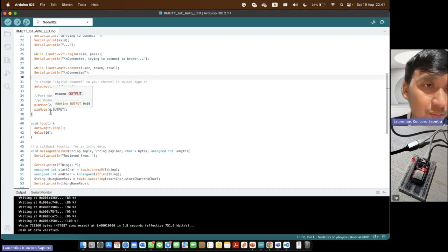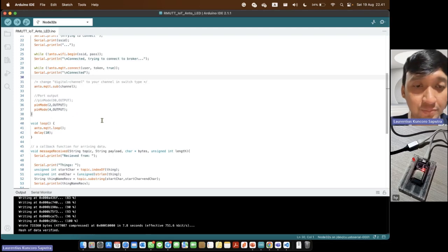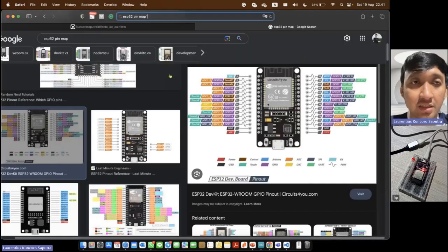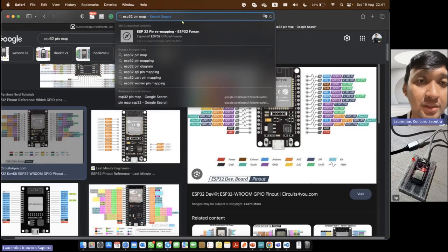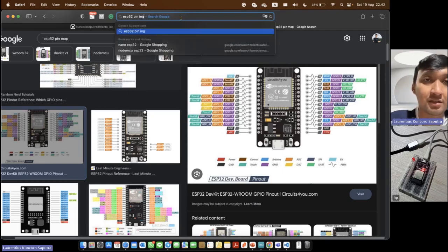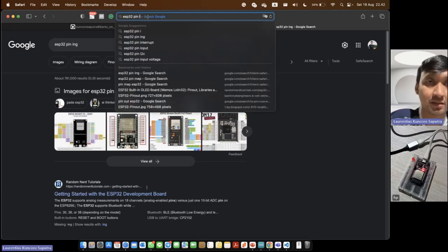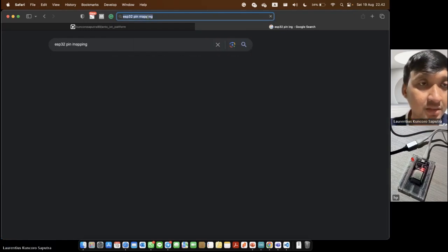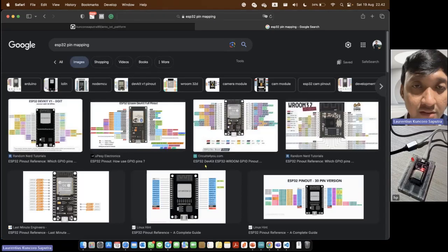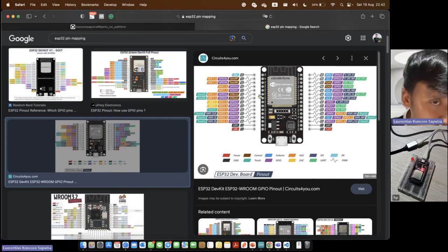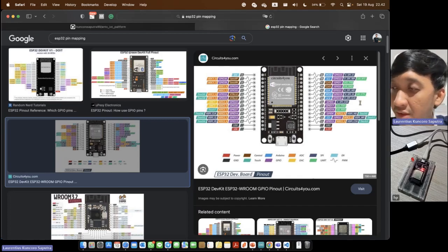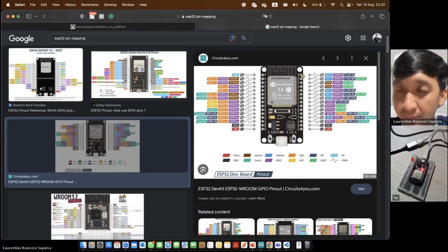So how can I know the number of the pin for ESP32? You can search in Google with the keyword maybe ESP32 pin mapping. In the image tab, we can see something like this. This is the ESP32 board that I use, and this is the pin information.